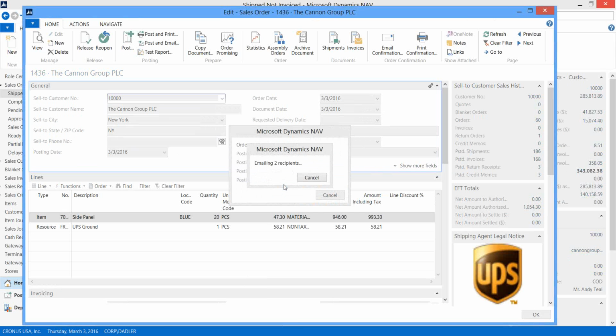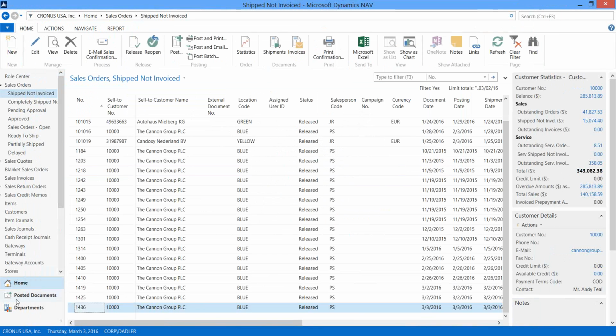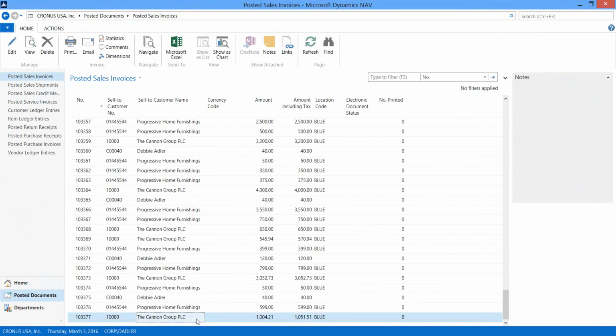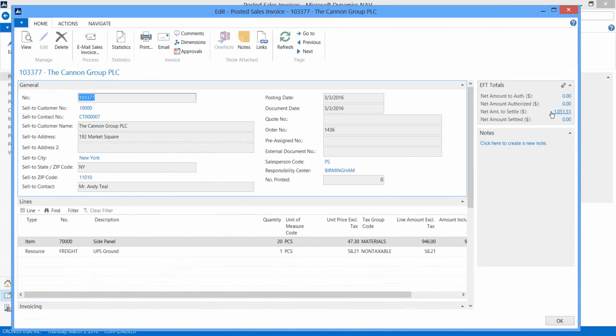103377. Sending out all my notify emails. So again, just the regular actions in NAV, releasing orders, posting shipments, posting invoices, kicks off all kinds of things happening. And let's see here. This should be the order. My net amount, I think it must have added, I don't know if I had a discount in there. Something happened with my freight amount, but it did show me now that my amount authorized has moved to my